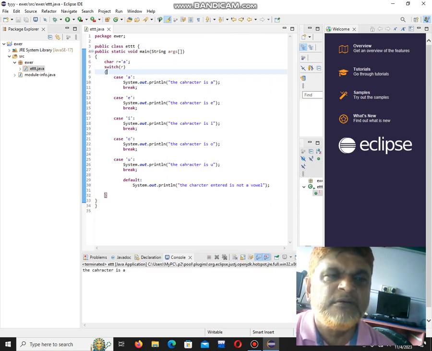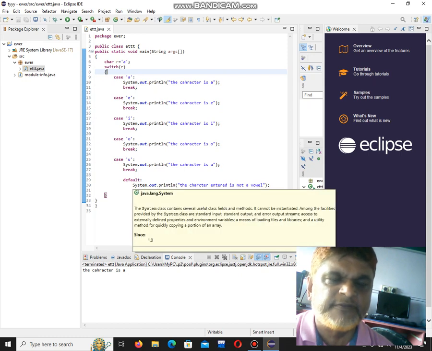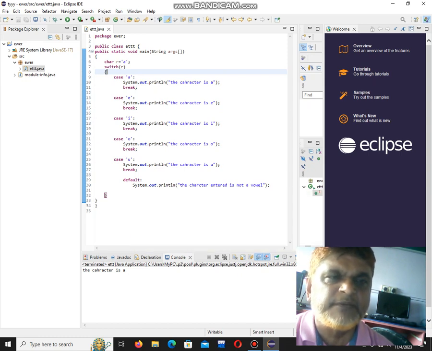Whichever letter you assign to the variable, that variable will go to the switch statement, go to that particular case and print. If the value you give is in a case, it will show it. If the value is not in any case, it will show false, which is printing the default statement.